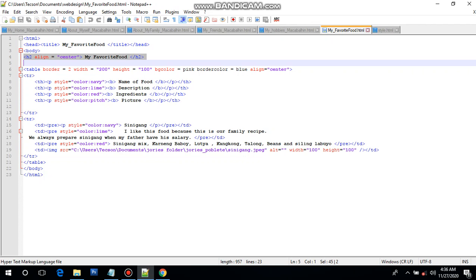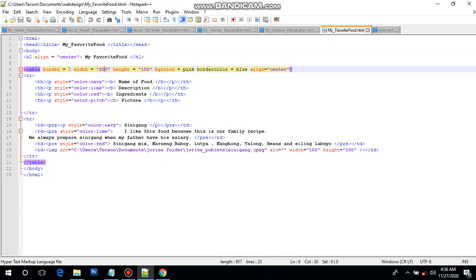So this is the HTML code for my favorite food. So we have here the title, which is "My Favorite Food." At the top of the web page, we have "My Favorite Food," which is assigned to heading two. So next we have here the table, which has the border 2, and then the width